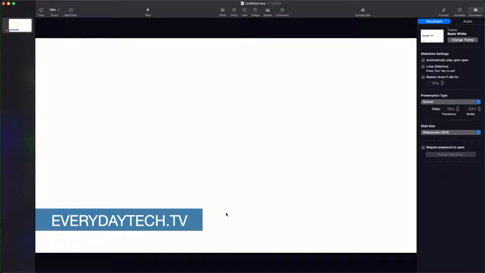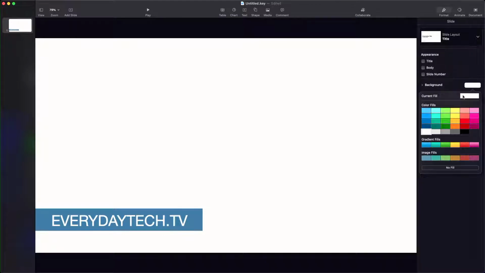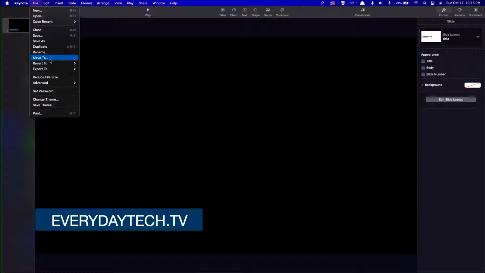Make sure you're not clicking on any of these. We're going to go to Format, actually. And you see this background here? We're going to make it a no fill background. It makes it black, so that's why I started with white, so I can see what I'm doing. And then as we go up here, we're going to go to Export